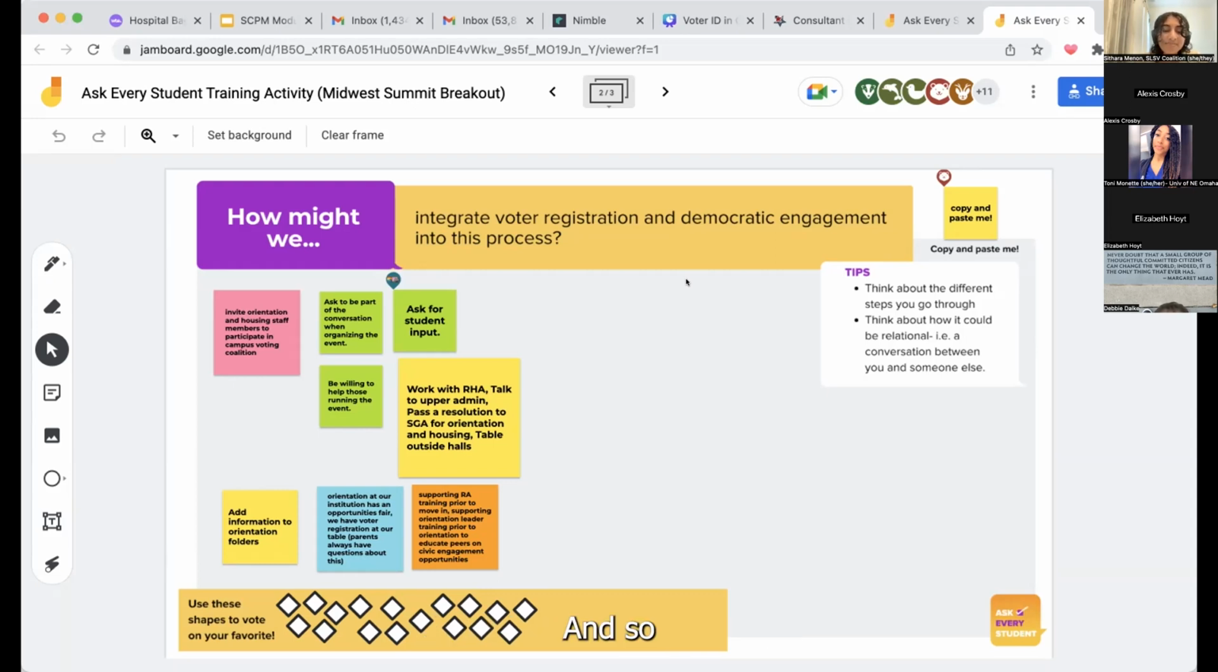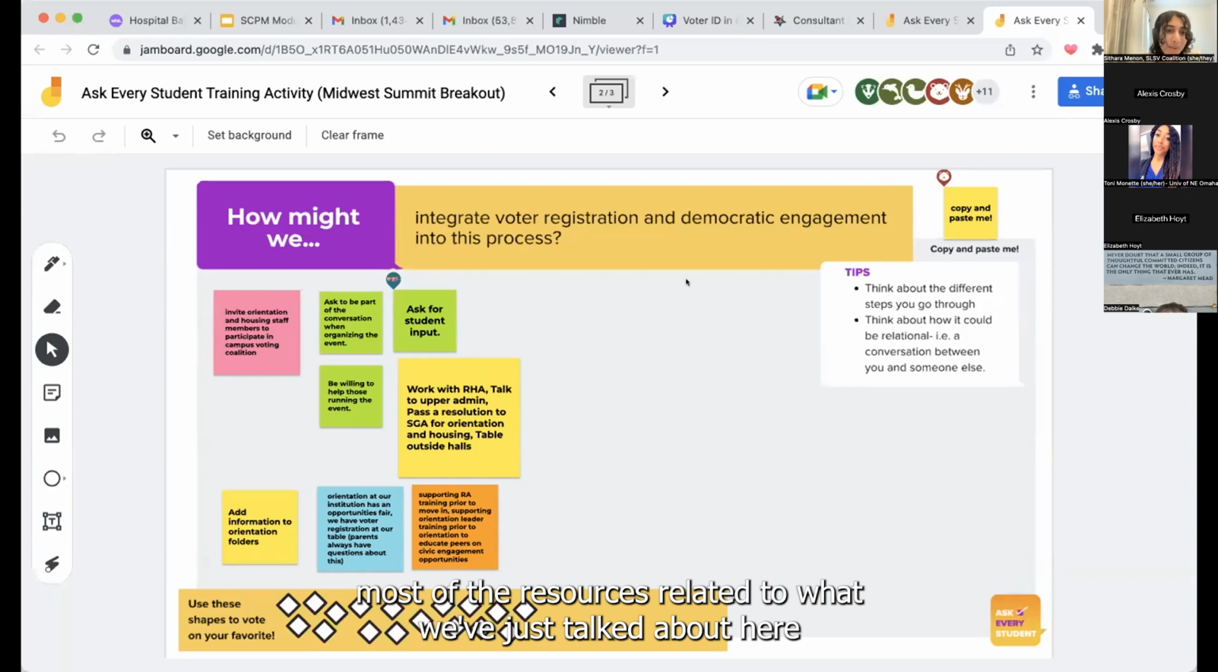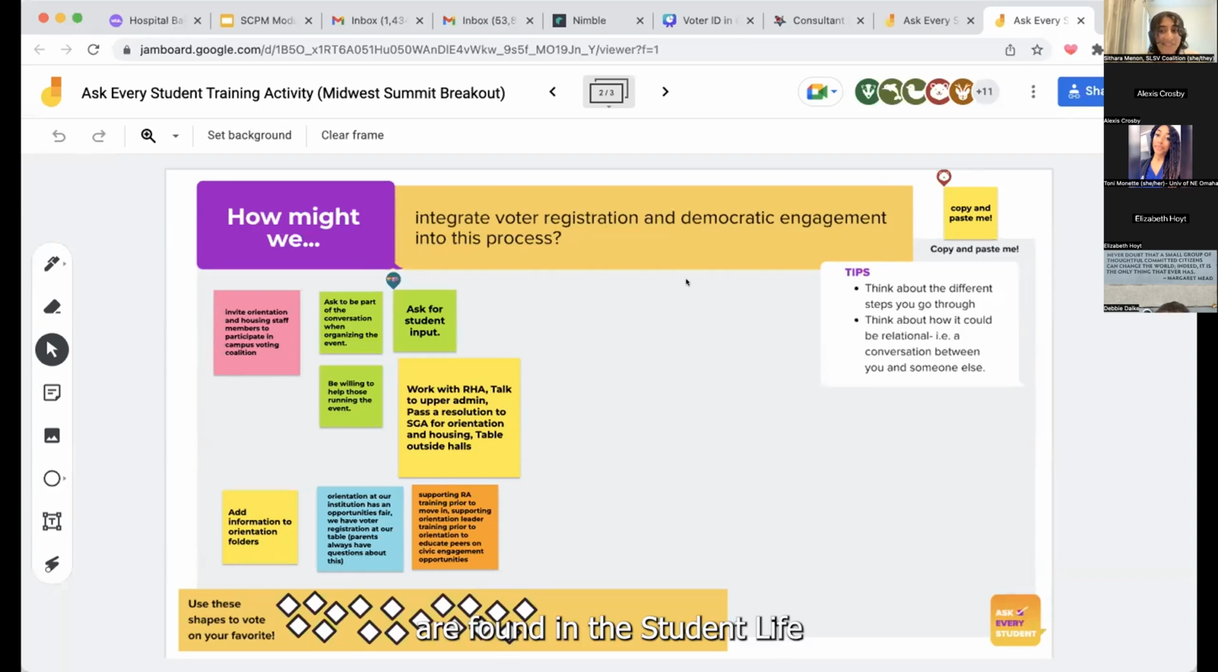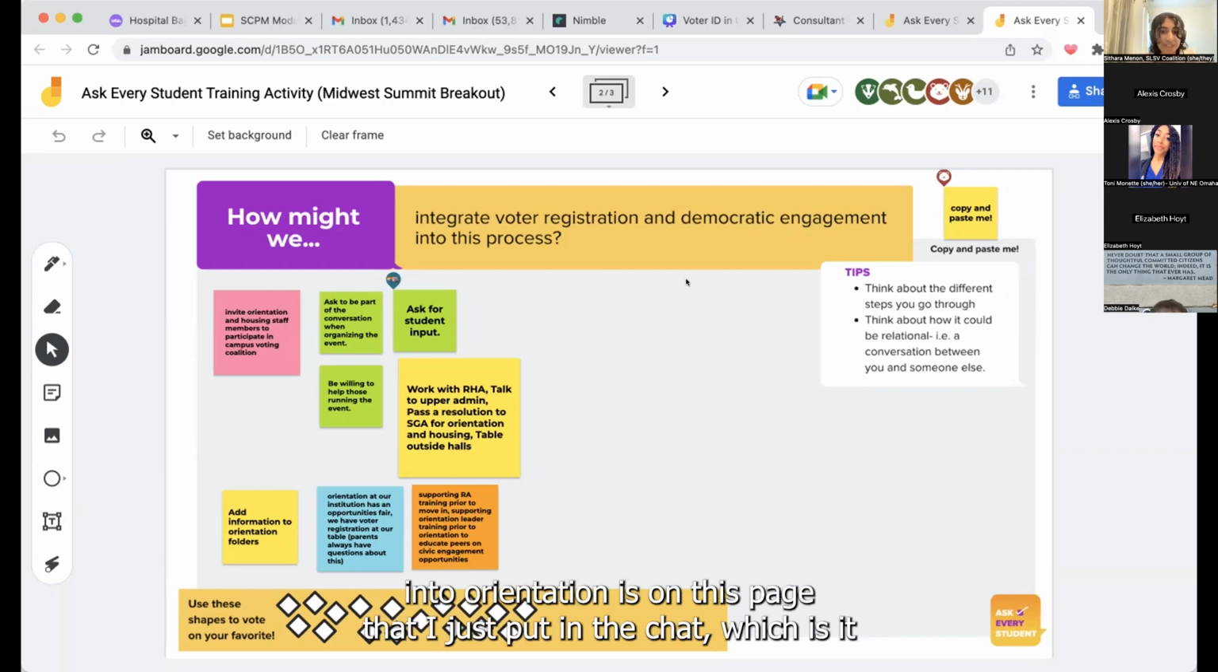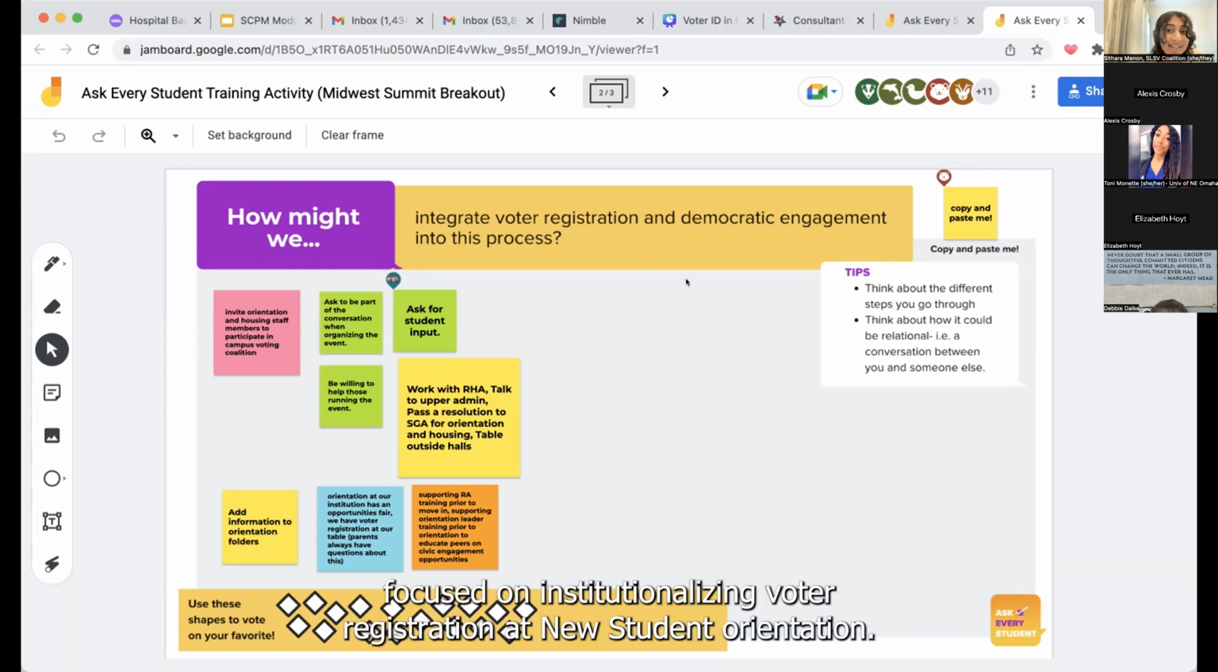And so most of the resources related to what we've just talked about here are found in the student life integration section of our toolkit. So like I said, that's focused on student life processes. And so one that I think will be incredibly relevant and helpful for folks wanting to integrate into orientation is on this page that I just put in the chat, which is focused on institutionalizing voter registration at new student